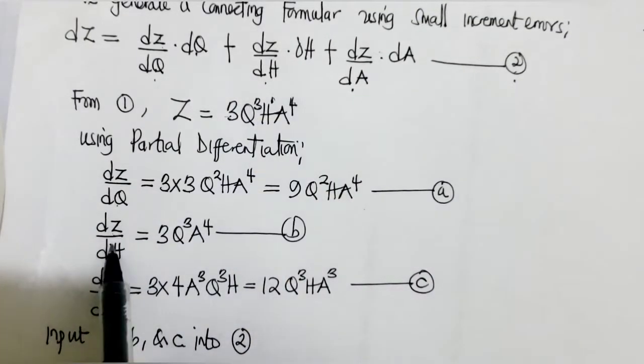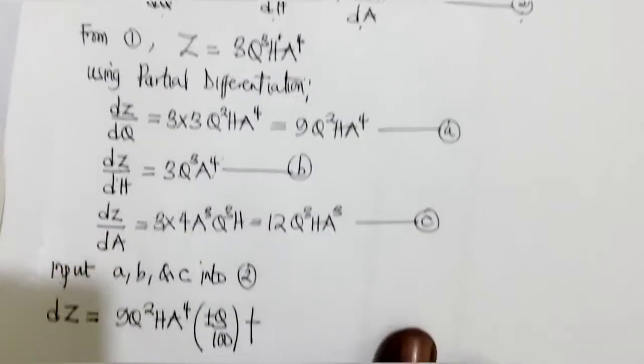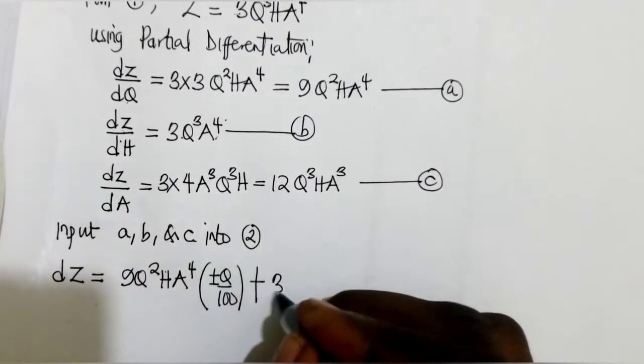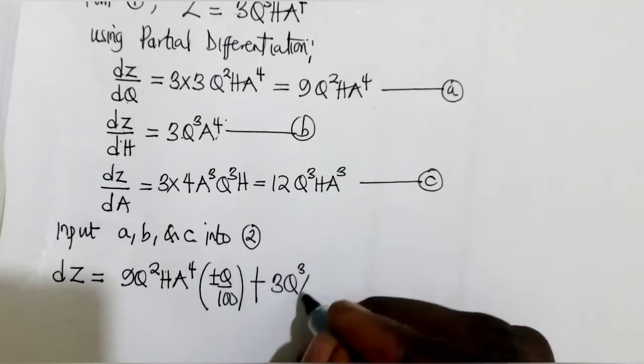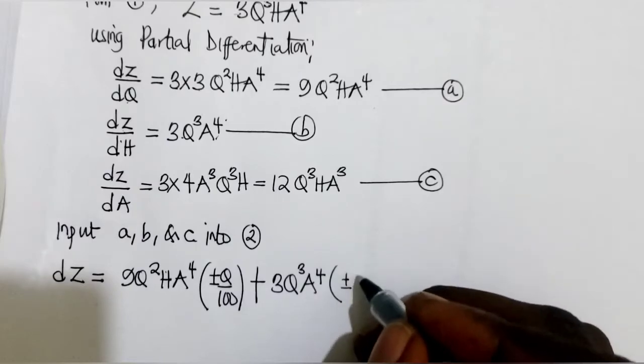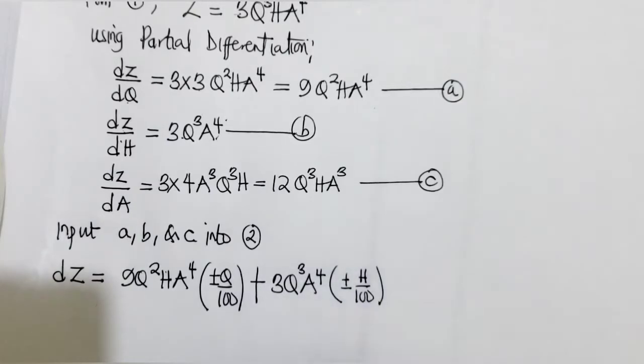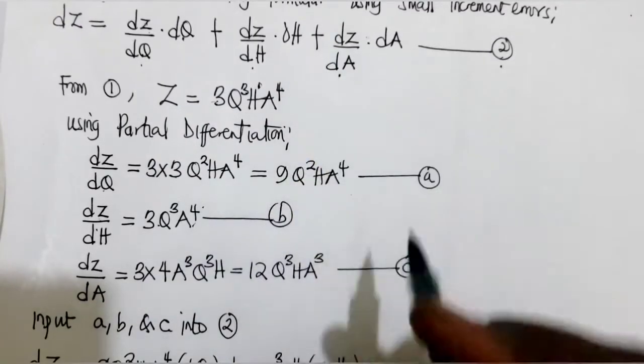plus, according to the formula, I need dz/dh. And dz/dh is what? 3q³a⁴. So I'm going to have 3q³a⁴ into bracket plus or minus h all over 100 as well, then plus